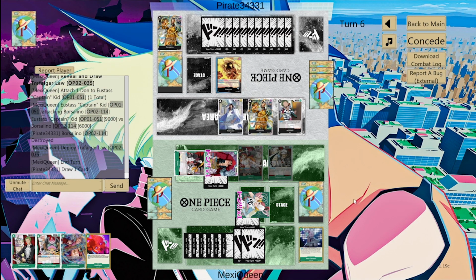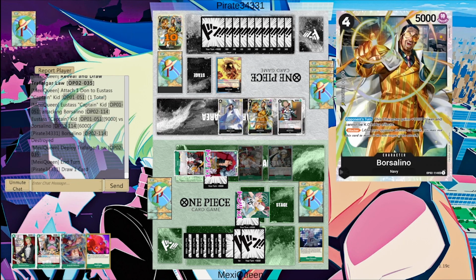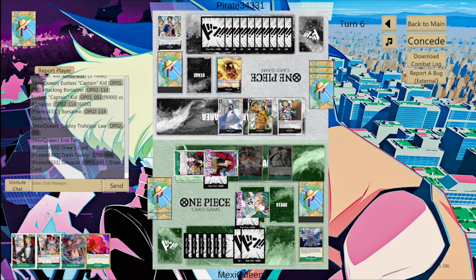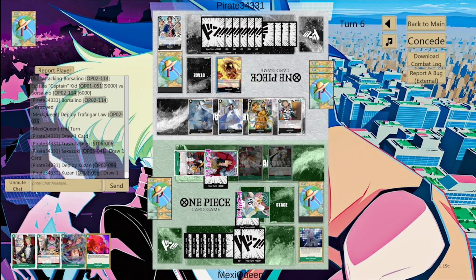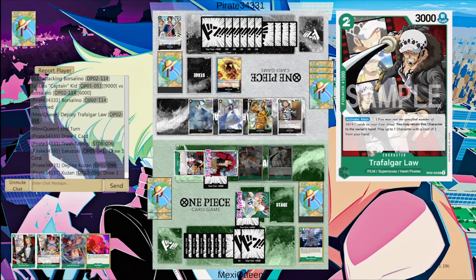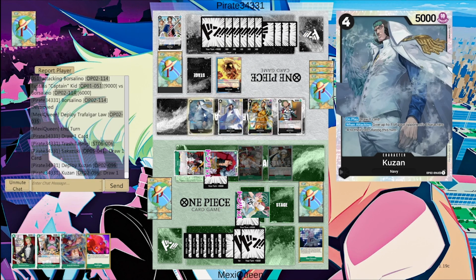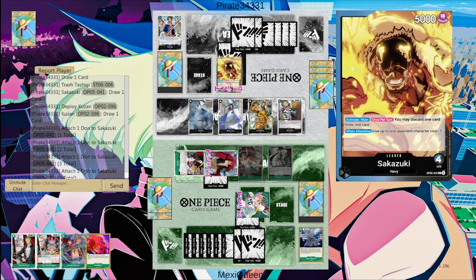And then in turn, I have a 2K in hand. He can only attack into Kid. He has one card. I don't think he has the KO potential. So this is the way to beat him, is to be aggressive and force. He has no way to KO my guys right now. Like, he can give something -1, but...